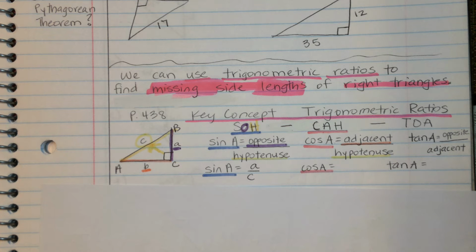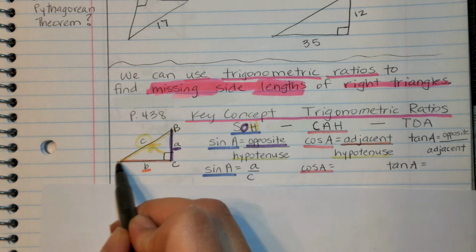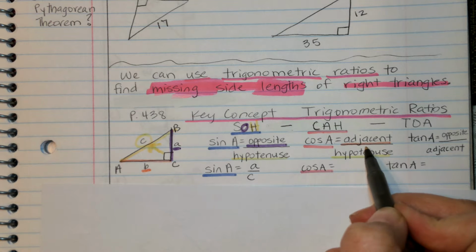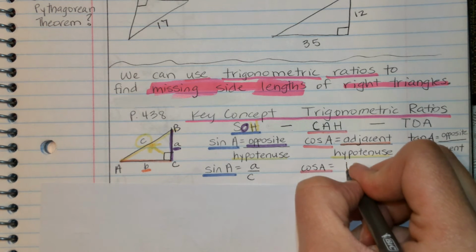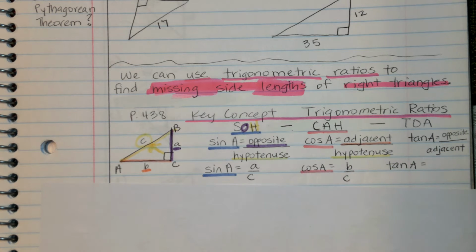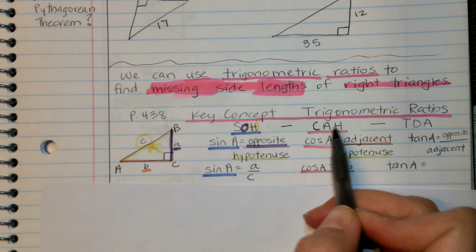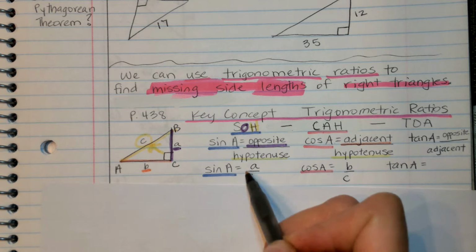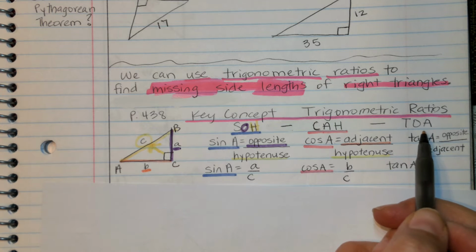Let's go ahead and write down the ratio. What would the ratio be for cosine A? From A, I want to write the side lengths of adjacent over hypotenuse, orange over yellow. It would be B over C. You can tell it just takes a lot of practice to get the hang of this. So that was cosine. We remember it by c, adjacent over hypotenuse. Sine is opposite over hypotenuse. So if you remember so, c, and then toa, I know this is a lot,